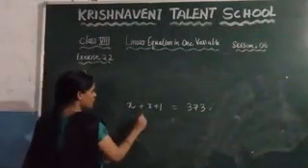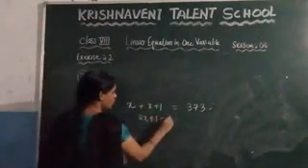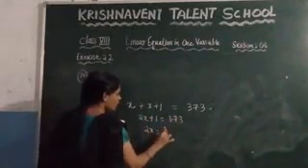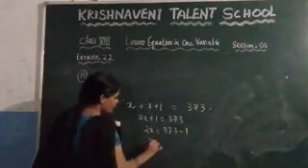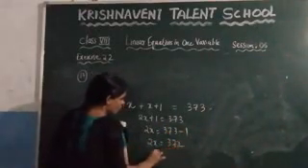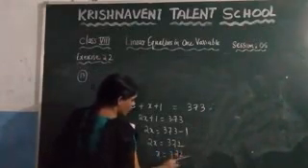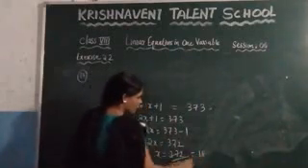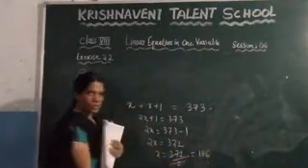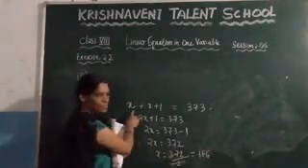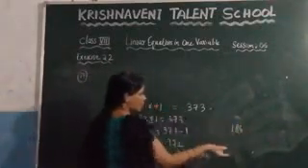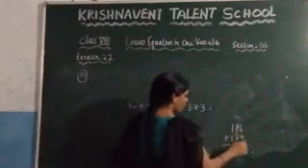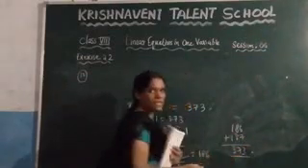So, here x plus x plus 1, which is 2x plus 1, is equal to 373. If you take plus 1 to that side, it will become minus 1. You will get 373 minus 1, which is 372. Now, what is the value of x? 372 by 2. What you get here? 2 ones are 2. 1 will remain. 2 8s are 16. And 1 will be there. 2 6s are 12. So, here, the first page is 186. And what is the second page? You know that after 186 you will get 187. Now, add it, what you will get? You will get 373. This is the answer.